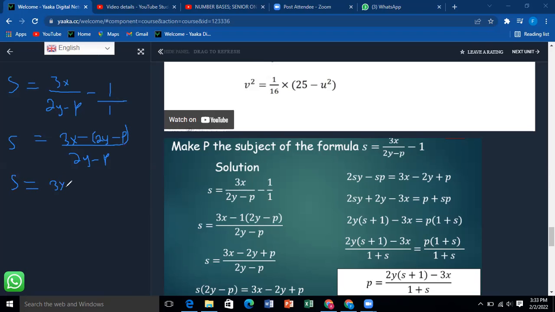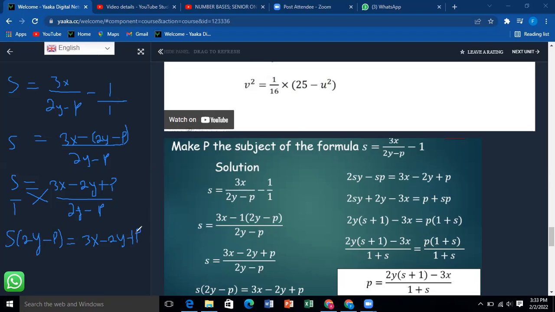So we can rewrite this as 3x minus 2y when we open brackets, then plus p, divided by 2y minus p. So we can put this S over 1 and then we cross multiply such that we have S into 2y minus p, and that would be equal to 3x minus 2y